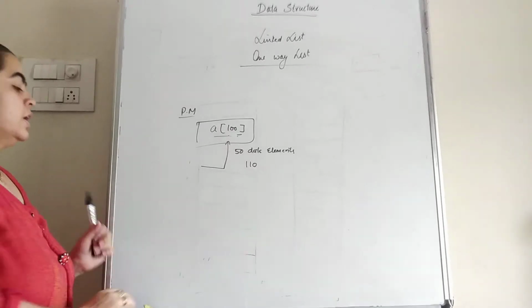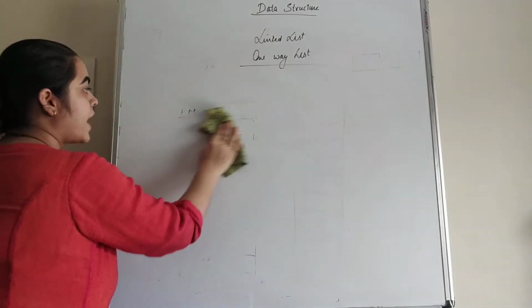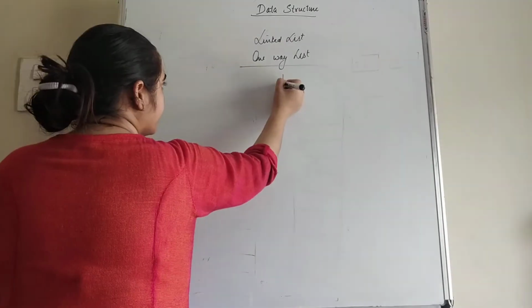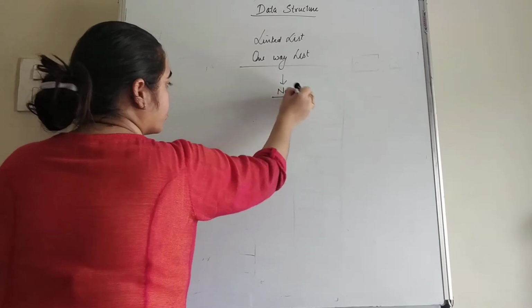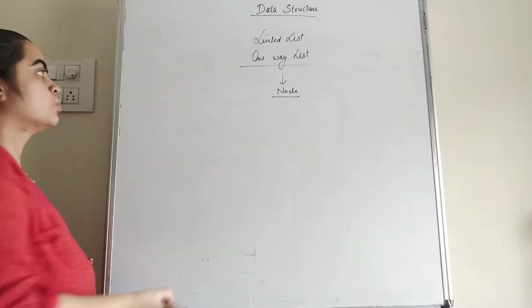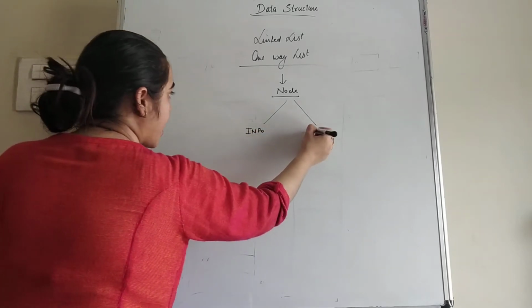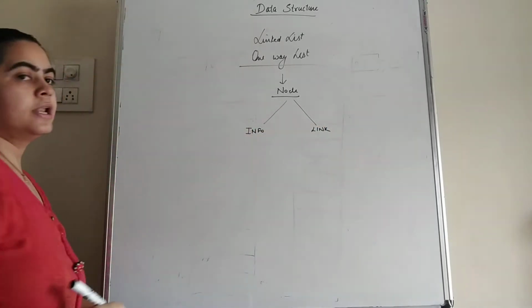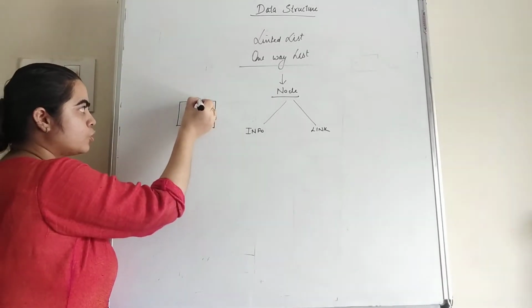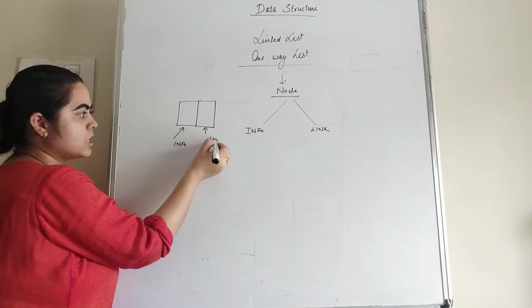Now students, see, linked list is a one-way list where the data elements are stored in linear order and the data elements are known as a node. Linked list consists of a number of nodes, and each node is divided into two parts. First part is the info part and second part is known as the link part. So this is the node which is divided into two parts. This part is known as the information part, while this part is known as the link part.